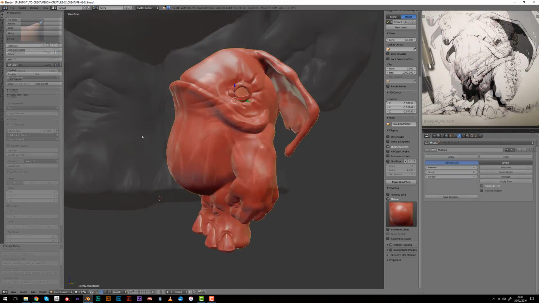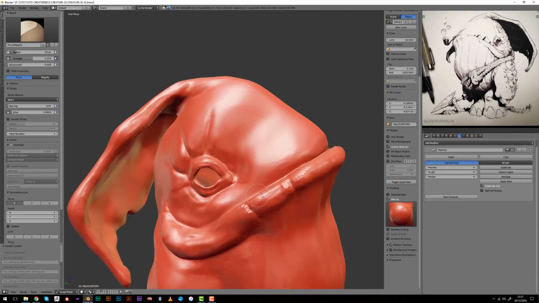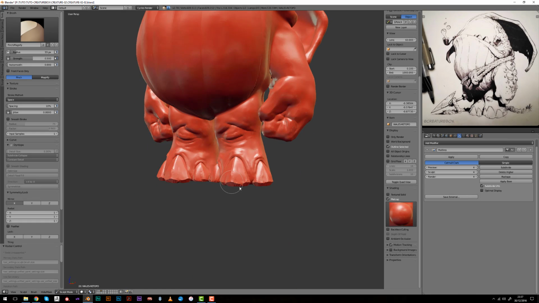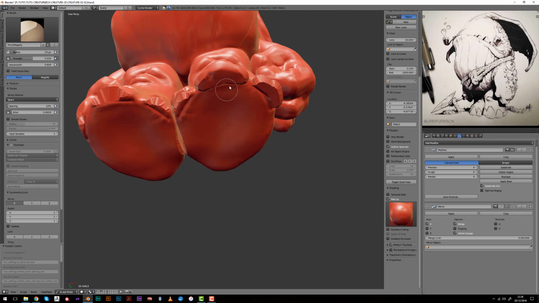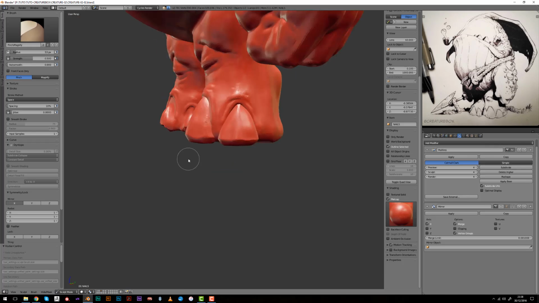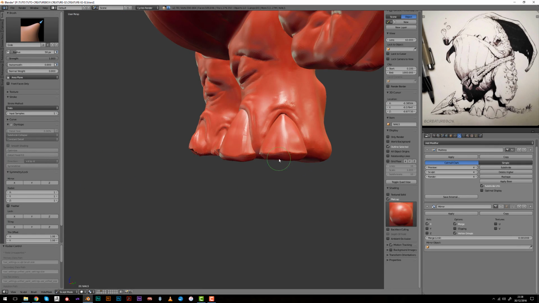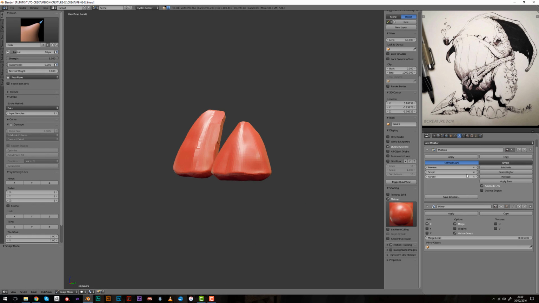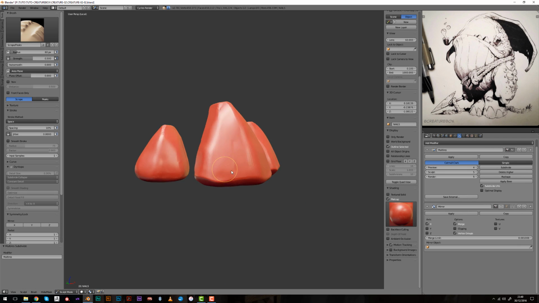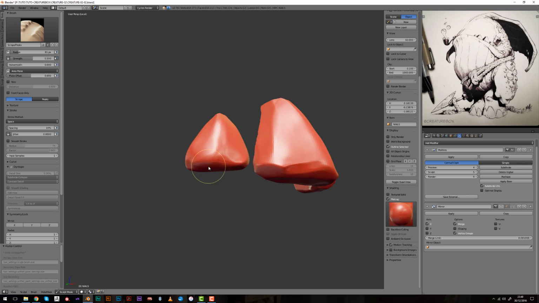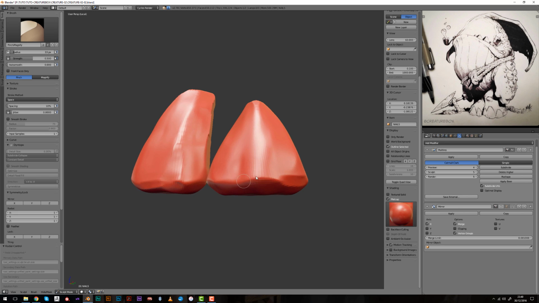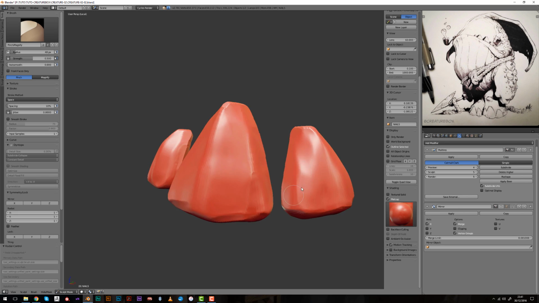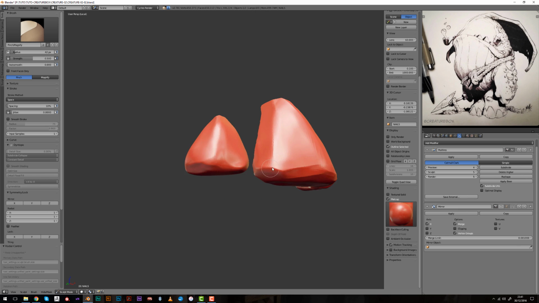Once the sculpting and retopology is done, I go with a shrink wrap modifier and a multires modifier so that I can source the details from the dyntopo sculpt onto my retopologized mesh. Then it's just a matter of correcting the artifacts that occurred during the projection and adding some finer details.